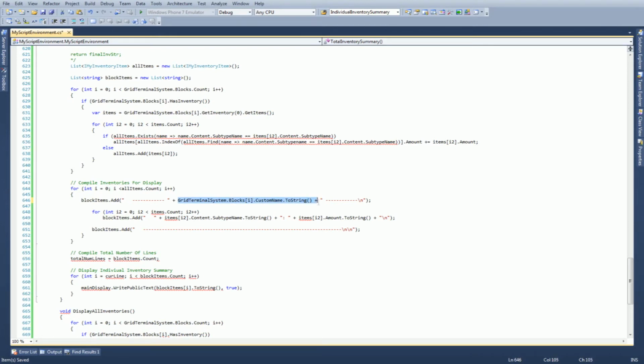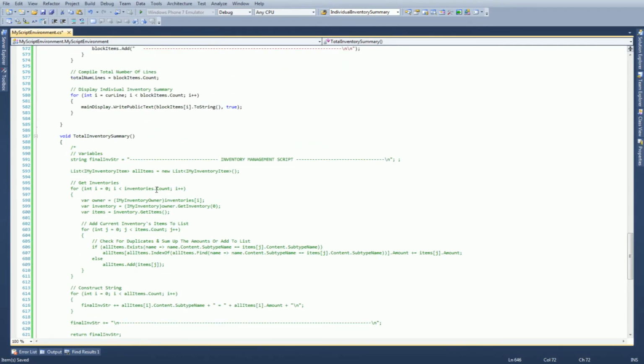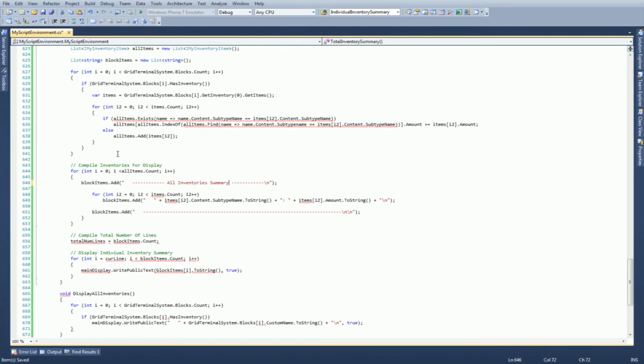Now that I think about it, we'll keep all of this as one, and we'll just put in all inventories summary, right? Is that what we're calling this? Total inventory summary. That's what it is. Total inventory summary. And then let's just add some lines here